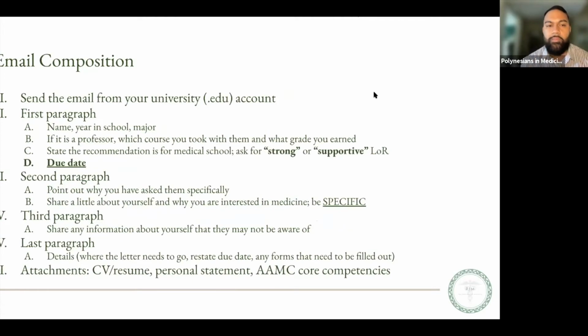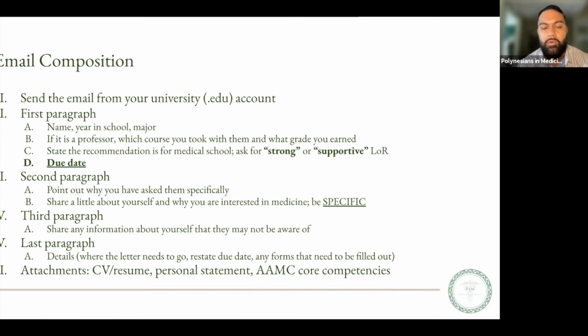Cool. And just to wrap up, like Luthi said, I think the most ideal way to request a letter is to ask for a meeting in person and ask them face to face. But if for whatever reason it's not possible to meet with them, although these days Zoom makes it a little bit easier, one way that you can do it is by sending them an email. And the tips that I have here are general tips for how to compose your email. There's some email etiquette in requesting letters from your professors or research mentors.